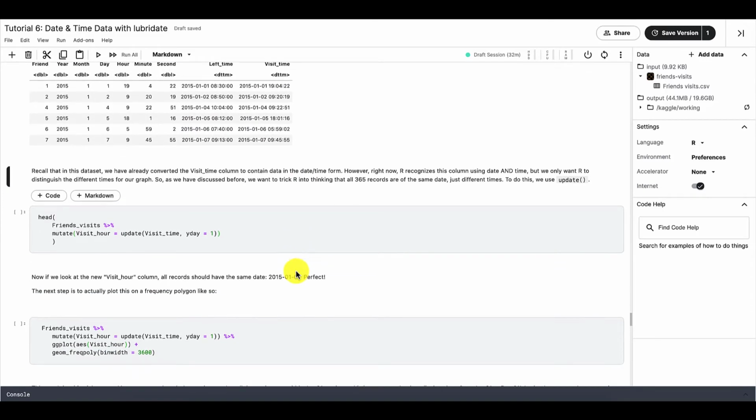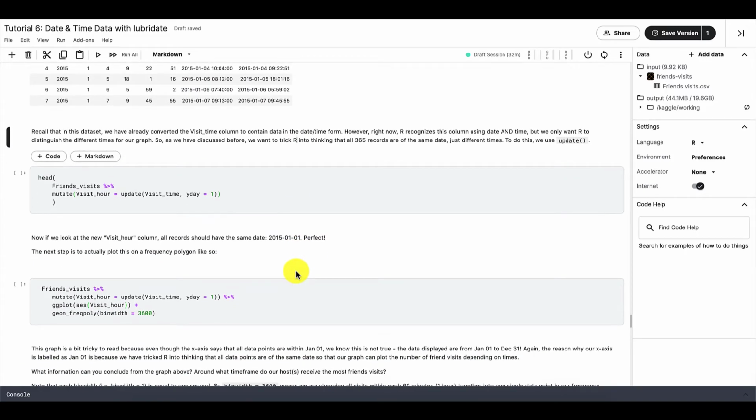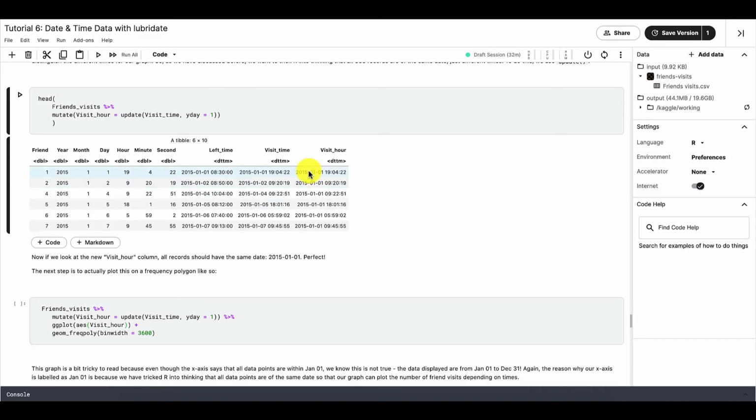So as we've discussed before, we want to trick R into thinking that all 365 records are of the same date, just different times. And to do this, we can use update, like so. So now if we look at the new visit hour column, all records should have the same date,